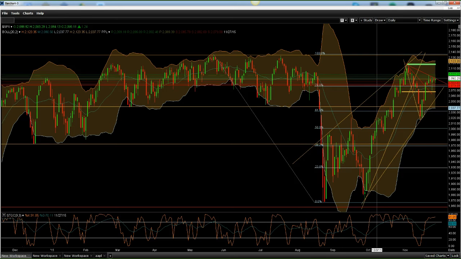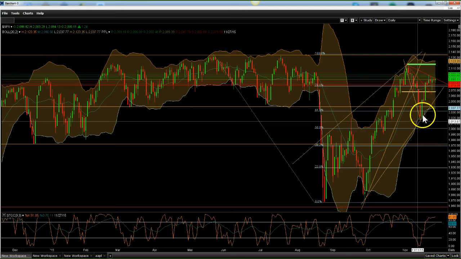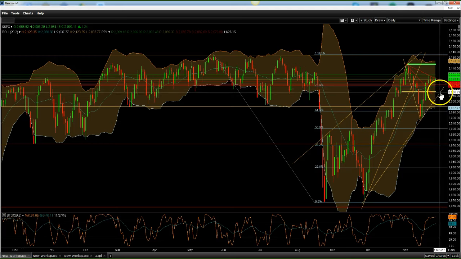So bottom line is that unless we break below, let's say, the lower resistance, the 2077 line. Here's an uptrend line which I drew. It's a definitive uptrend line. So that's more like around 2066, 2068 on the S&P. You're looking at the SPX here. So if this falls, you can pretty much bet that you're going to see a quick sharp move down to the lower Bollinger, 2038.